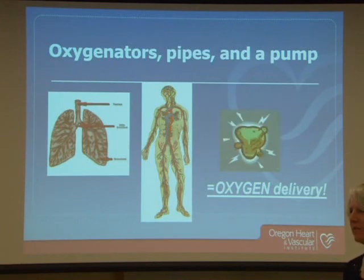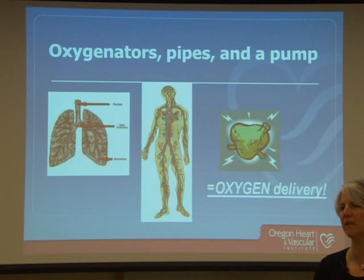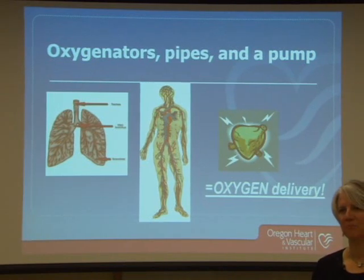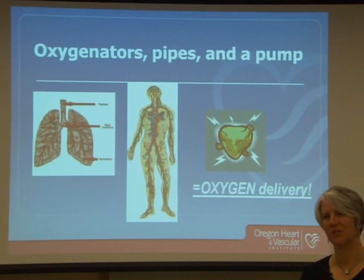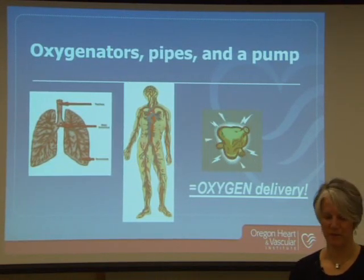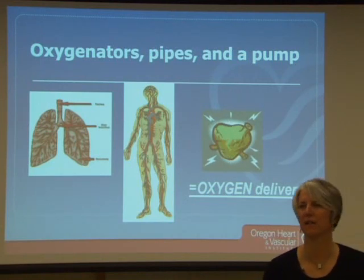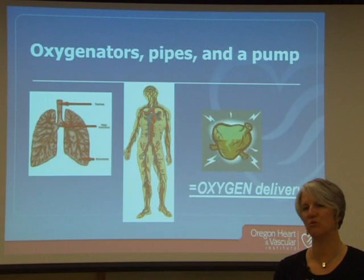So they all work together very intimately in order to deliver oxygen to our tissues continuously. Now, you all know that's a fact, because we're standing here, breathing and functioning. But just to give you an example of the critical nature of that oxygen delivery, if I were to put